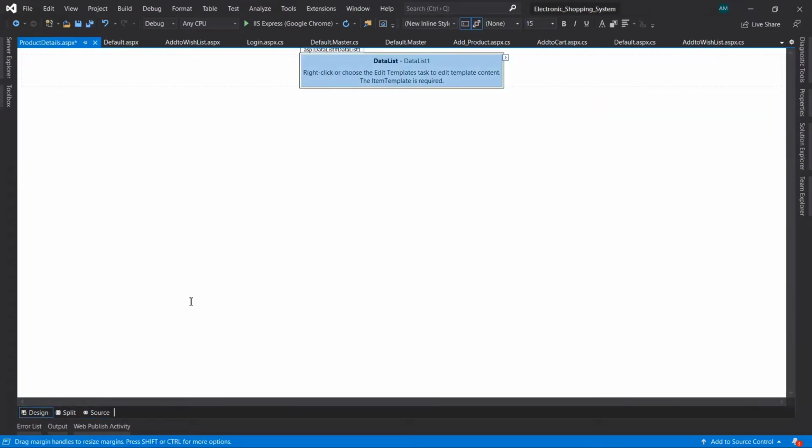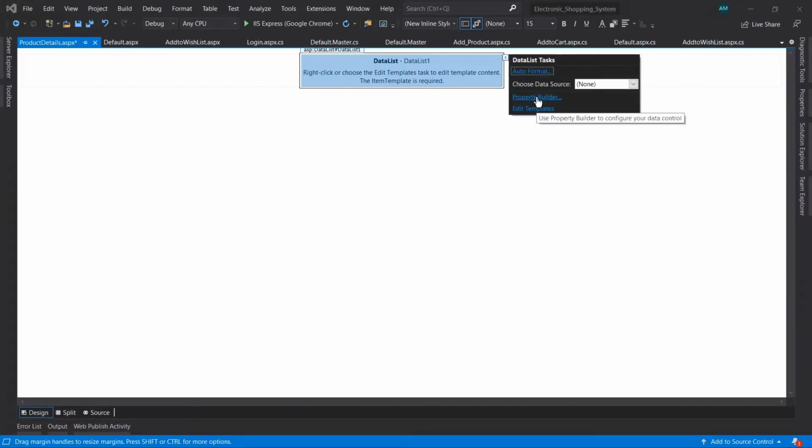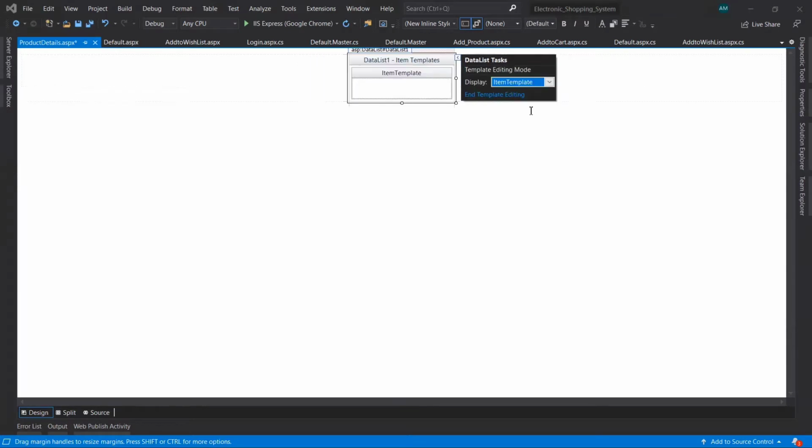In the item template, we have to add all the design tags that we want to make visible in the browser.